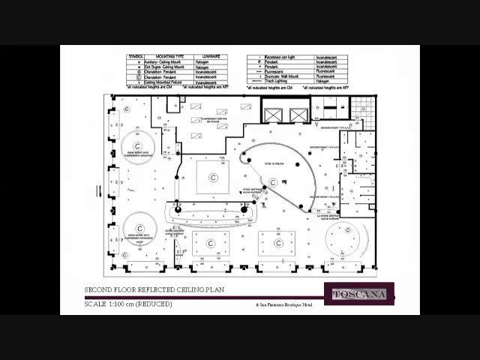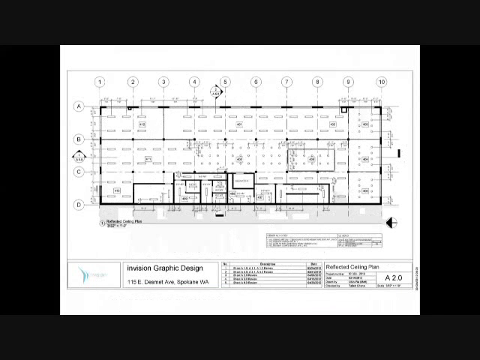So you need to think about the design of the ceiling itself. How does it relate to the furniture that you have? So you can have different types of lighting